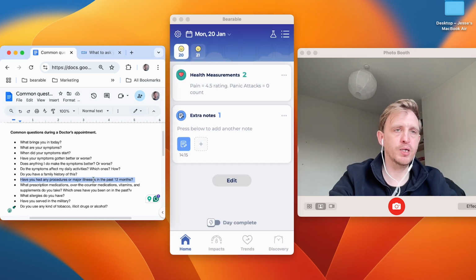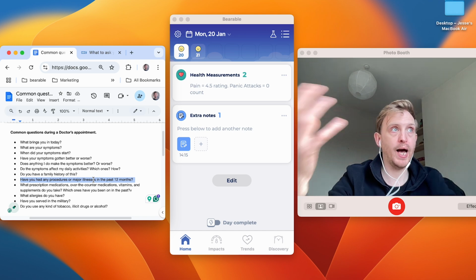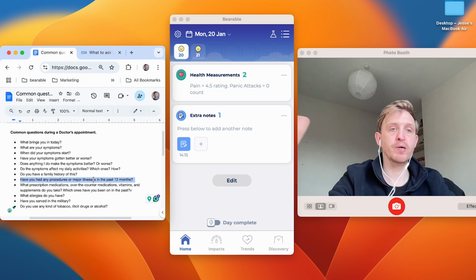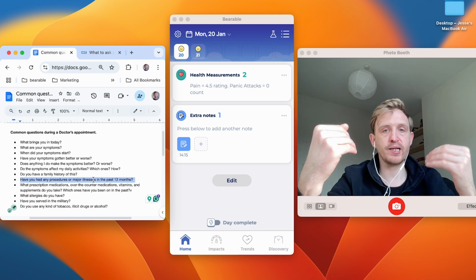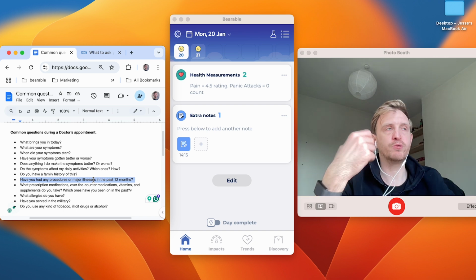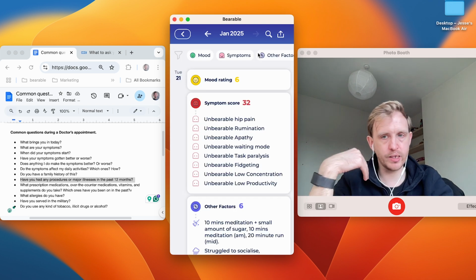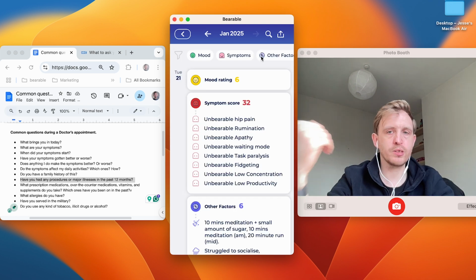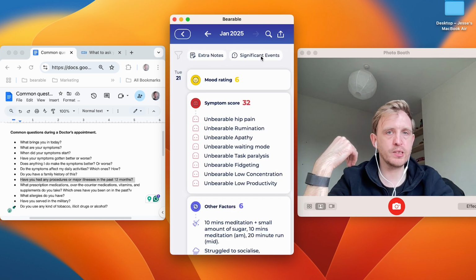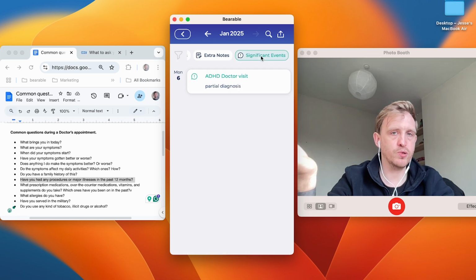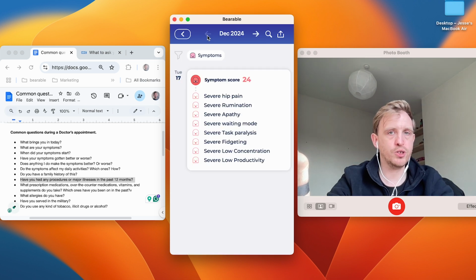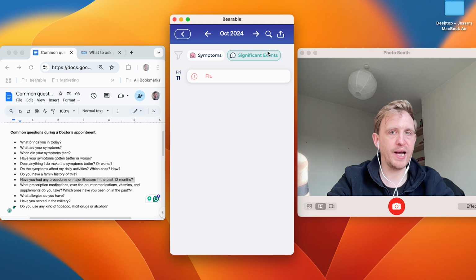Maybe before an appointment, have a think back. Was there anything that happened over the past 12 months that was an acute event that you wouldn't track daily in Bearable, but it might be useful to have a record of in Bearable, so that when you're asked about these procedures or major illnesses, you've got some record of them that's easy to take a look back at.